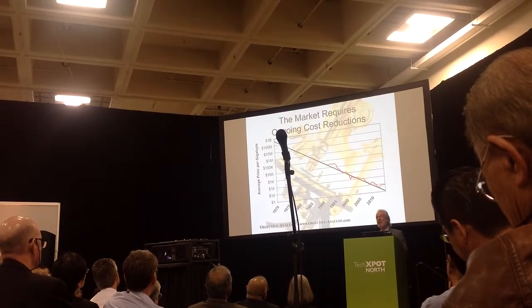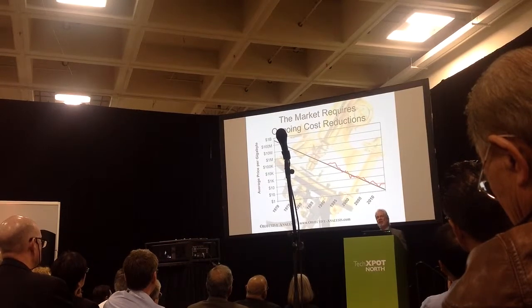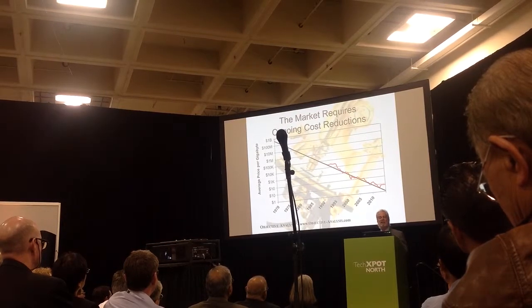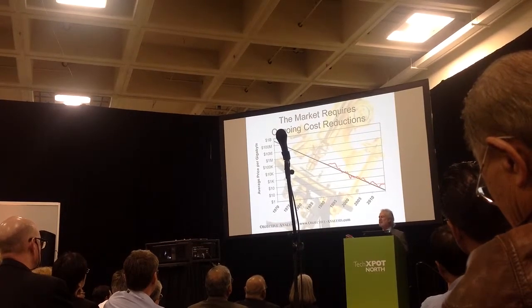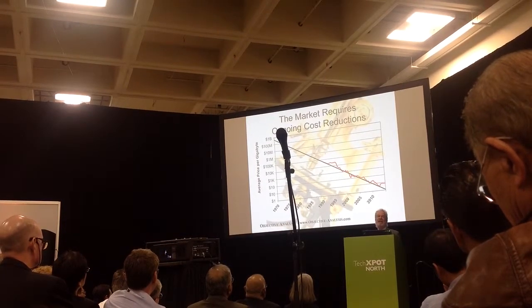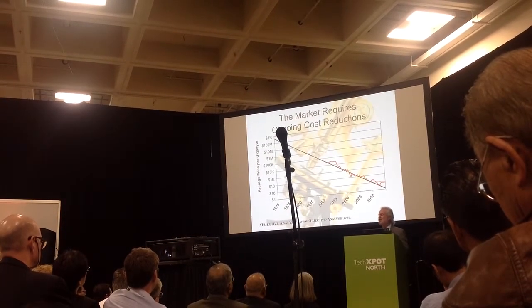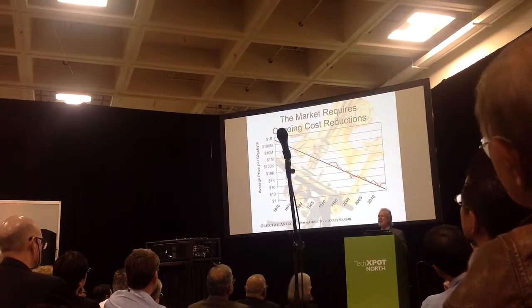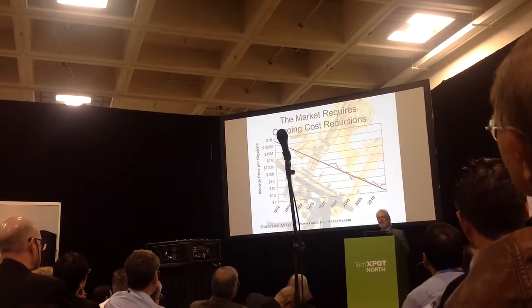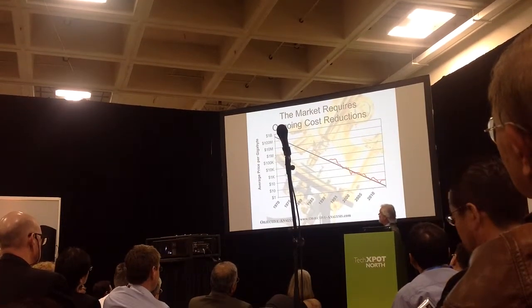Now, the reason why everybody's so focused on this is because the only way that semiconductor manufacturers know how to sell anything is if its price goes down. I think that if you were to take a semiconductor marketing manager and stick them into some other business where the prices didn't go down, like selling produce or something, they'd probably end up completely lost. You wouldn't know how to sell a head of lettuce for the same price 10 years from now that they sell it for now. So because of that, you've got to have this very steady going down.